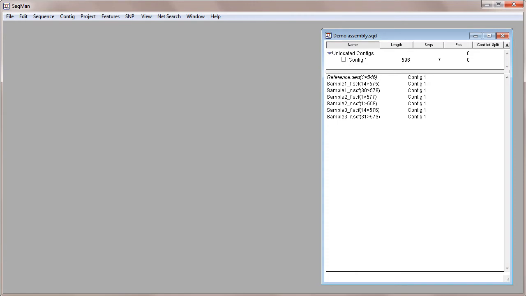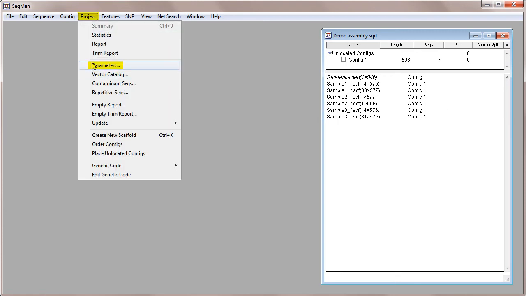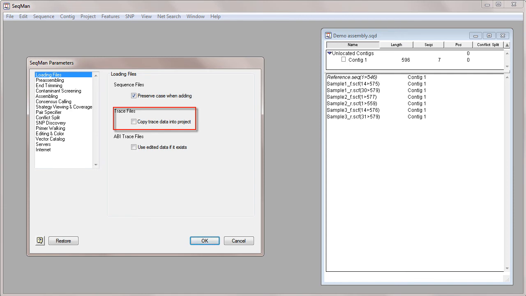Here, I've opened a project that was completed before I changed the default parameters. Let's look at those by choosing Project Parameters. Note that the center checkbox for trace files is no longer checked. To tell SeqMan Pro to use our new global defaults for this older project, all we need to do is